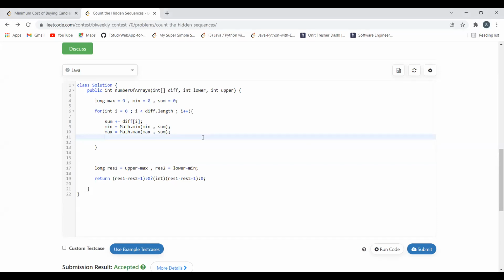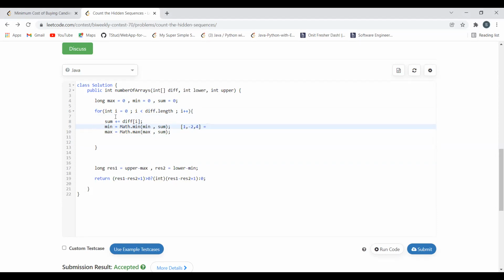So here's the code for the approach that I just discussed. What we are doing here is, we have maintained 3 variables: max, min and sum. The max and min variables are responsible for holding the maximum value and the minimum value. So how are we calculating that? We have a for loop here, moving till the length of the given array. One by one, for our case, what we had is 1, minus 2 and then 4. So we are determining the minimum and maximum value that we can get.